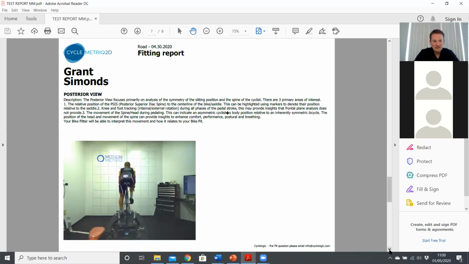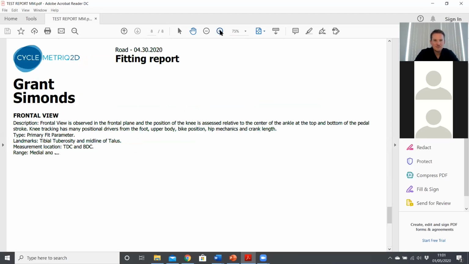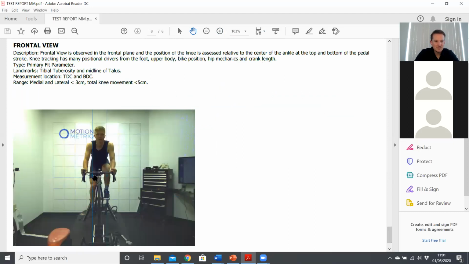Posterior view, another reference line through the middle there. Frontal view, and here you can see 13 mil just on the screen there. And yeah, we've got some measurements there that you can see how far the knee tracks out at the top